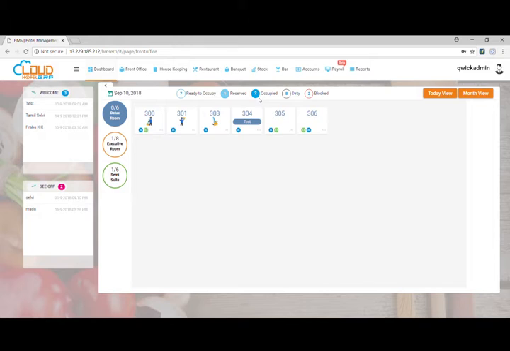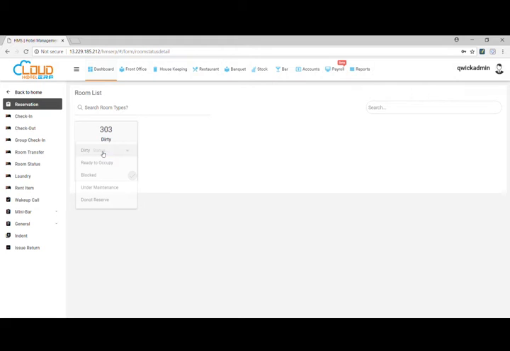Basically, when the person exits the room, it automatically moves to dirty. If the housekeeper cleans it, then it automatically moves to ready to occupy. So the status changes automatically, but in some cases we need to change it manually. So for that we provide this room status option. In that, we allow some statuses to be changed manually.